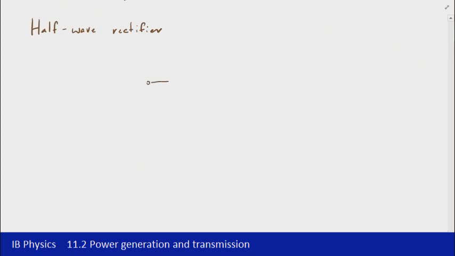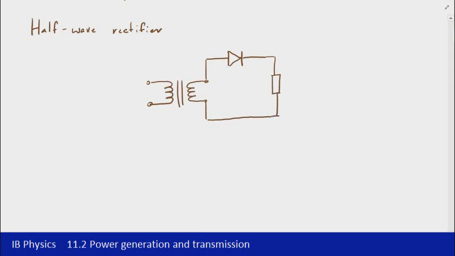So we'll start out with, say, the primary coil of a transformer here, and then that's connected to a secondary coil. Exactly how many coils here we're not going to worry about, so whether it's step up or step down we're not going to discuss. Ultimately though, step up or step down is just going to have an effect on the size of the output compared to the input. Now, just to make this simple, we're just going to have that connected to an output resistor. So what we're looking for here is the potential difference across the resistor, or the current through the resistor,